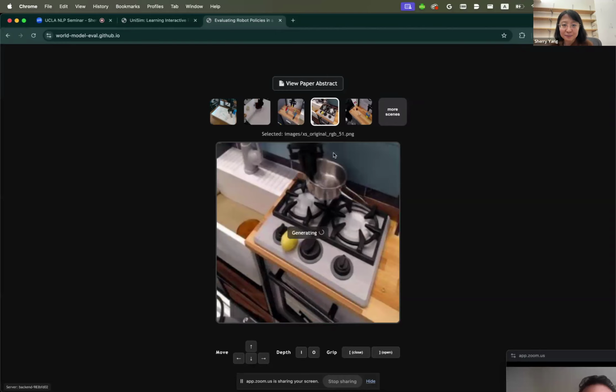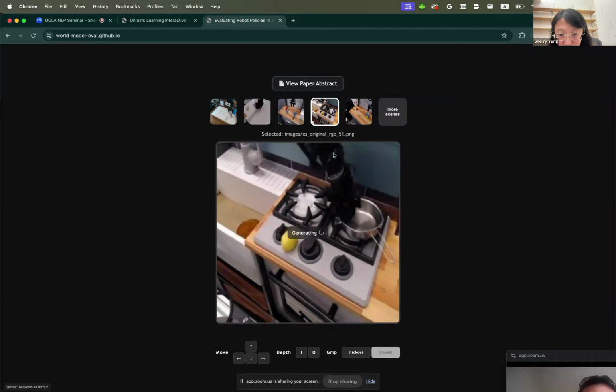Let's go right again. And then let's go right and then go down. Let's go down more. Okay, and then let's try to open the gripper. Left, open, open, open. Okay, that took a few tries. Let's open more. And let's see if we can move the robot arm out of the way. Okay, no. All right.